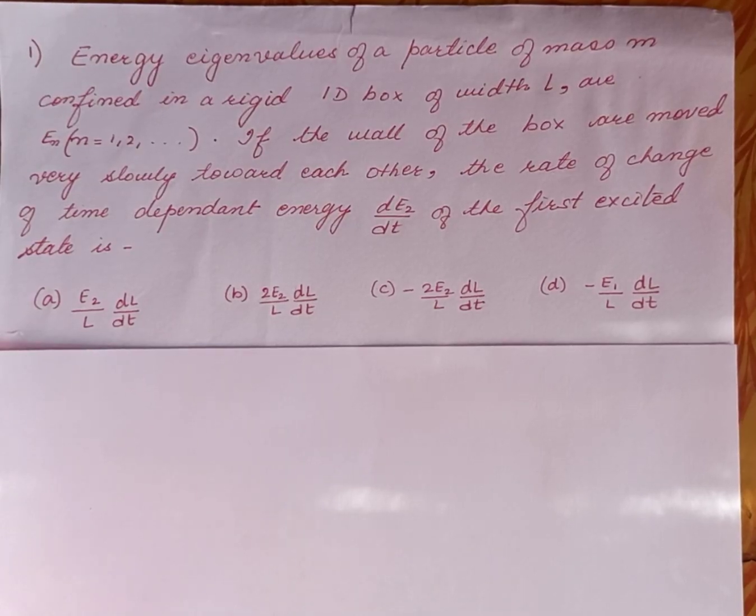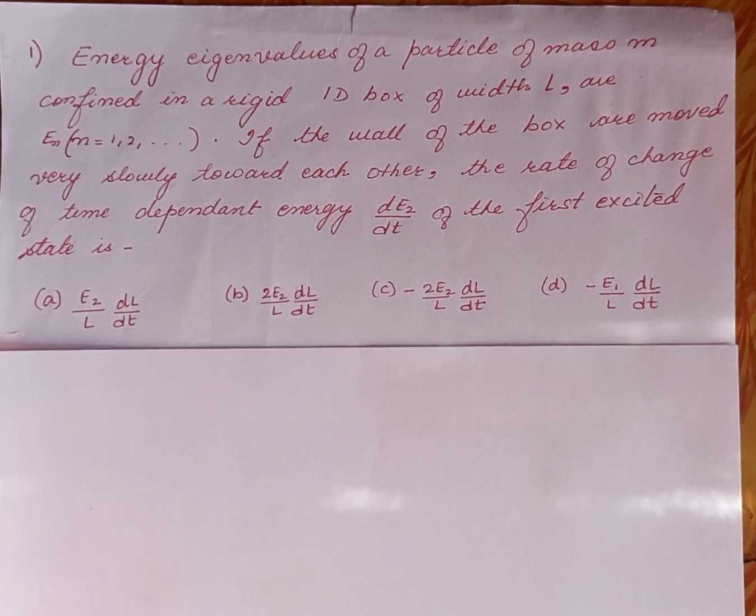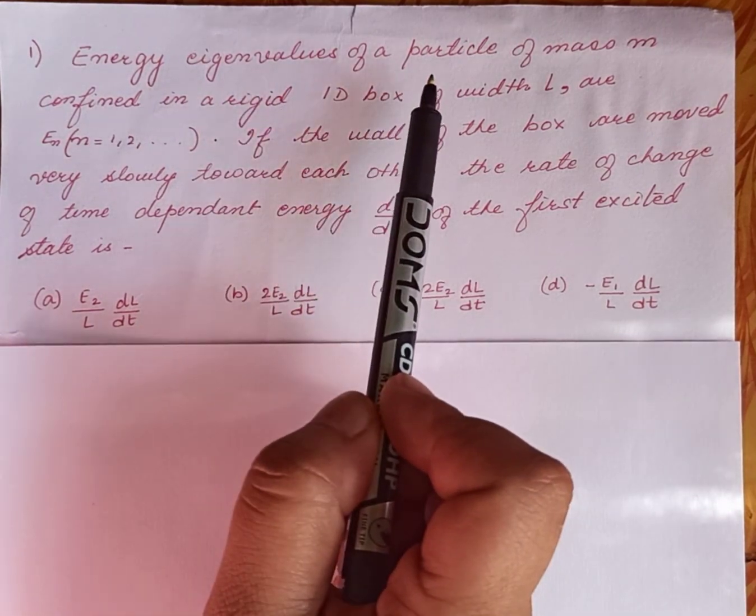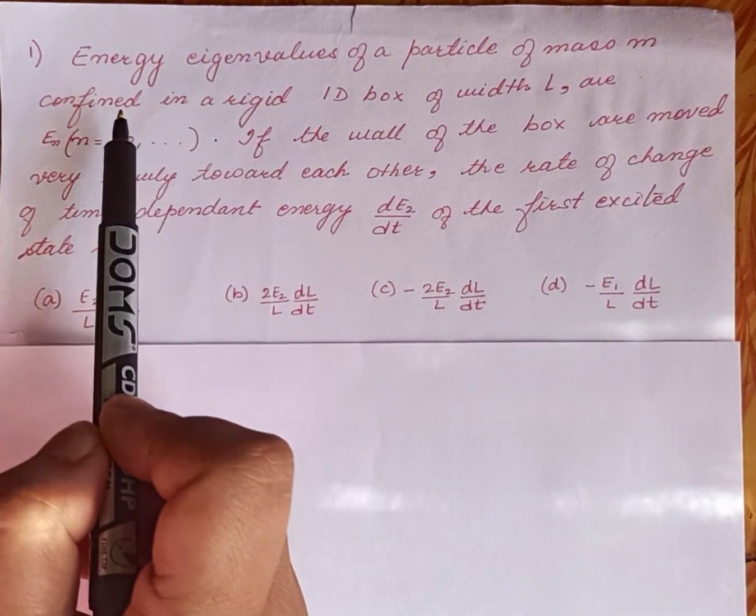So there were 7 questions which appeared from quantum mechanics in December 2019 in your CSIR exam. We have already discussed the first 3 questions in your first part. In this second part, we'll be discussing the remaining 4 questions. The first question here is: the energy eigenvalues of a particle of mass m which is confined in a